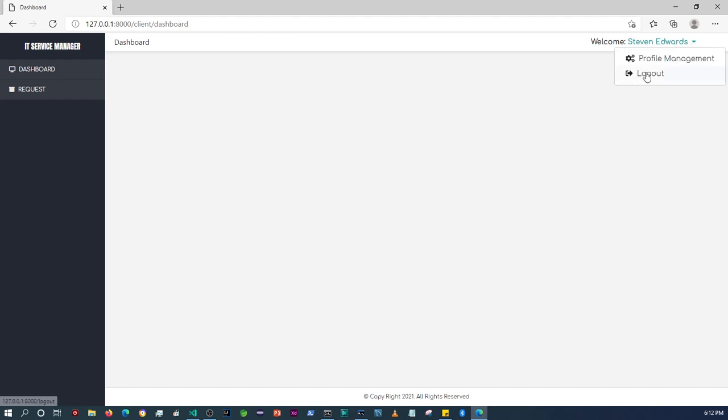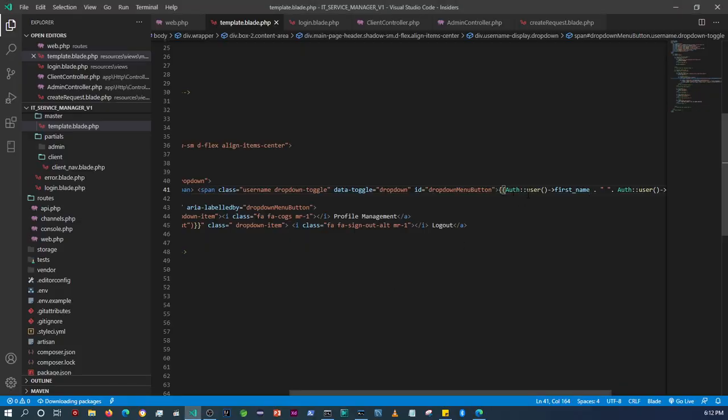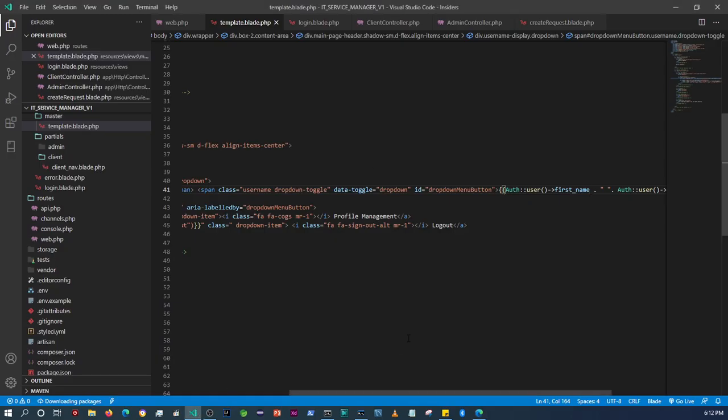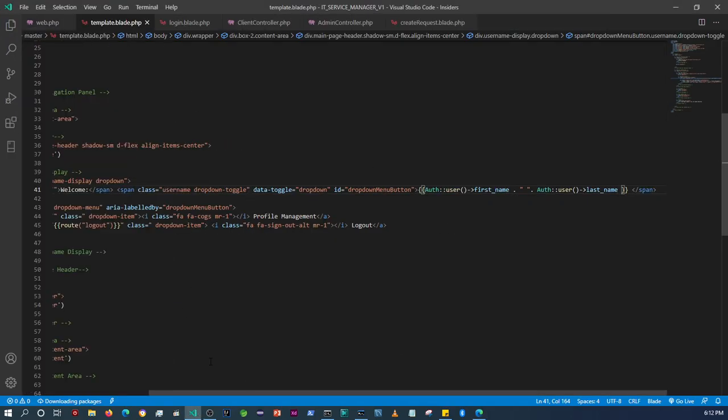All right, so now we can log out. So basically, it's only going to show the authenticated user's name. And since we've implemented middleware, even if you try and come to this dashboard, it won't allow you as long as you didn't log in. So, all right, now let's continue with what we were supposed to do, which was the authentication